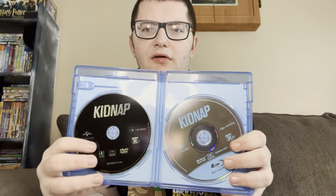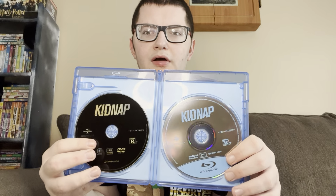And here's the discs. We have the DVD on the left and the Blu-ray on the right. $5 for a Blu-ray, DVD, and digital combo pack is really good. I think I said I got this for $5. I'm not 100% sure though. But yeah, so it's $5, and